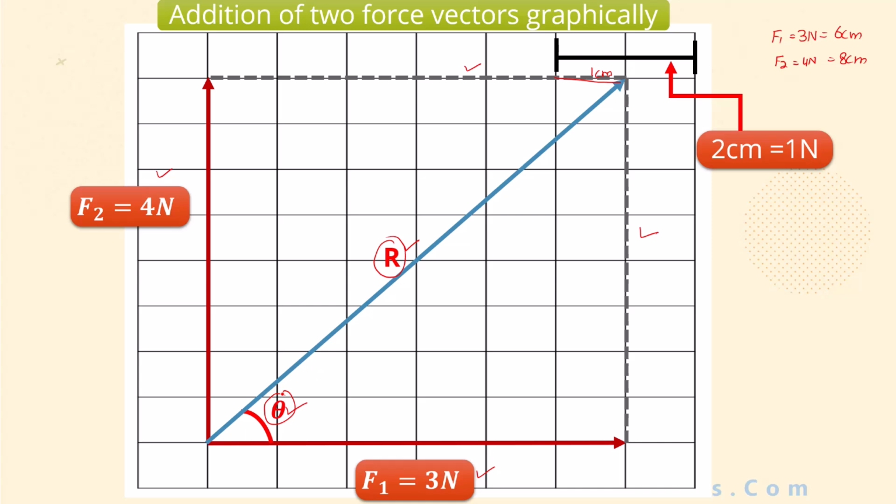So I can simply say here, by using the vector addition graphical method, you find out the resultant of the two forces F1 and F2. Just find out the magnitude and direction because force is a vector quantity. So this theta is basically telling you about the direction, at which angle the force is with respect to the horizontal.